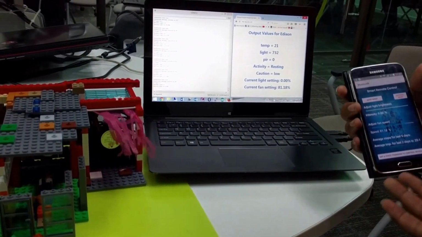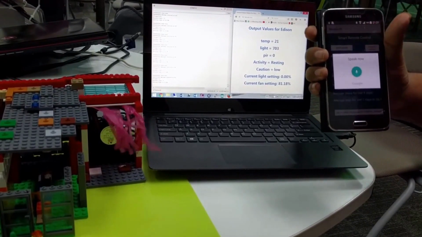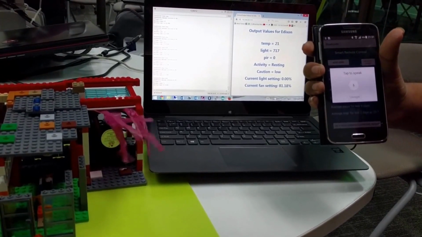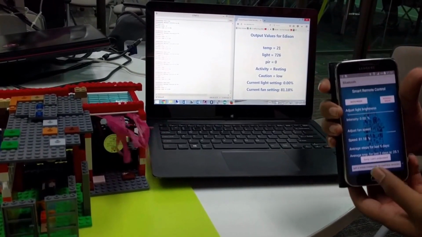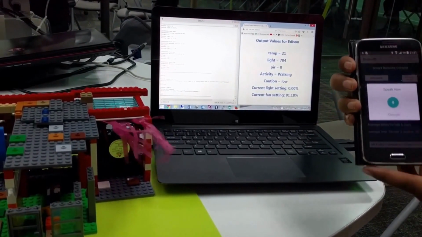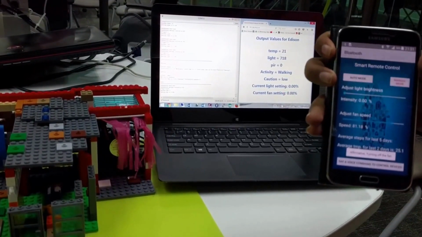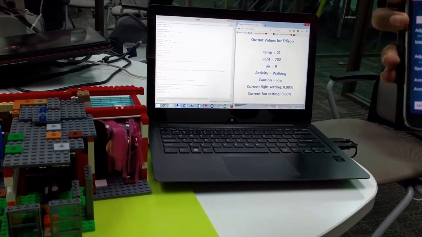And now we can also use the voice command to switch off the fan. Switch off the fan, turn the fan off. Sorry, so it says, if it doesn't understand, it says a command, it says turn off the fan. Affirmative. Turning off the fan. And the fan has been switched off, so it does give voice input.